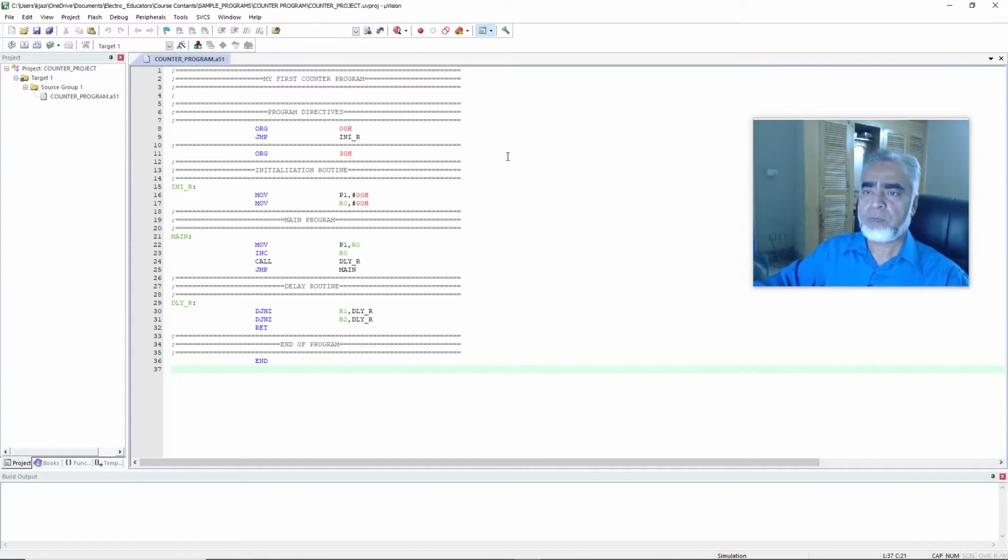First of all, here we can find we have written some comments. Comments are a very useful part of our program, because by placing comments we can understand our program very easily.